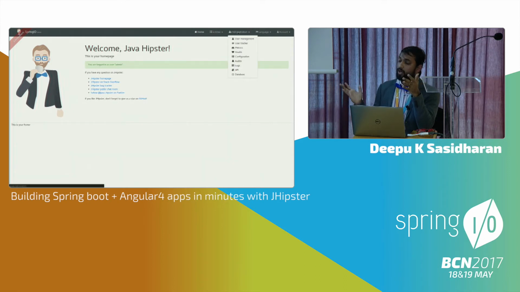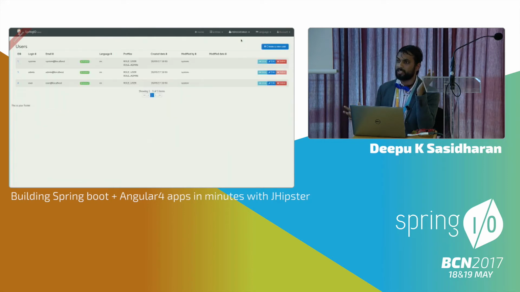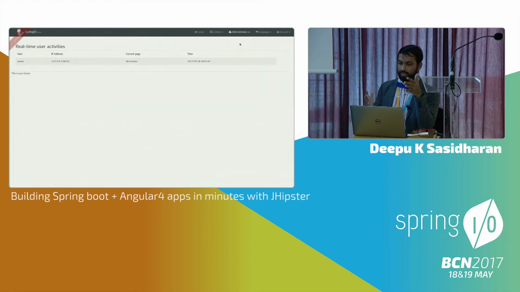You see that out of the box, you get a lot of administration stuff. You get a user management screen with some pre-configured users. You can add more users. You can maintain them here. So that is out of the box. You have a user tracker out of the box because we chose the